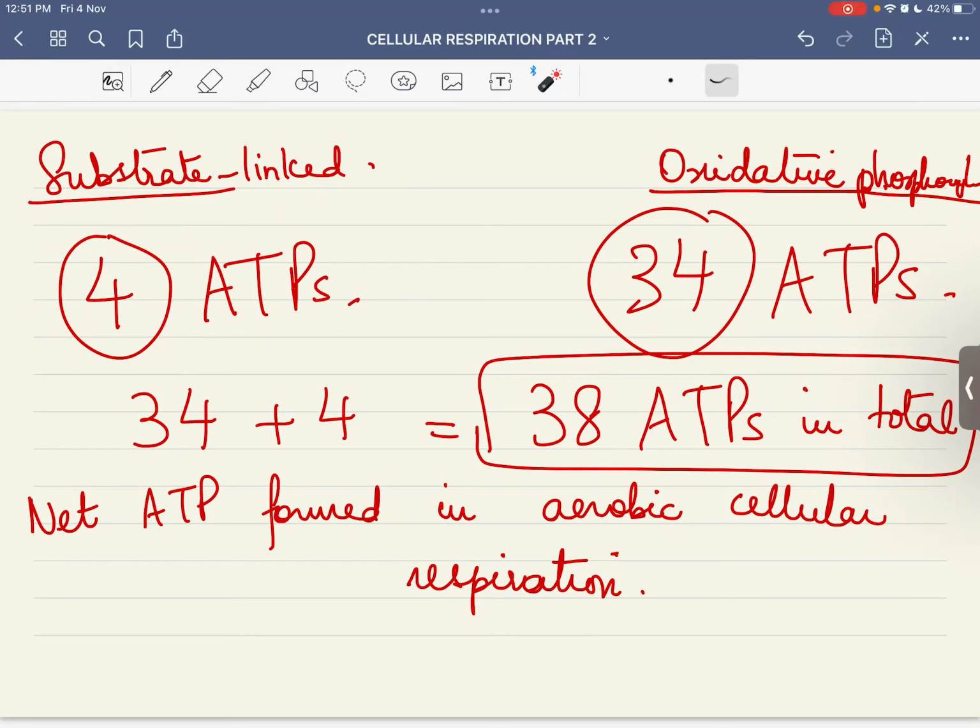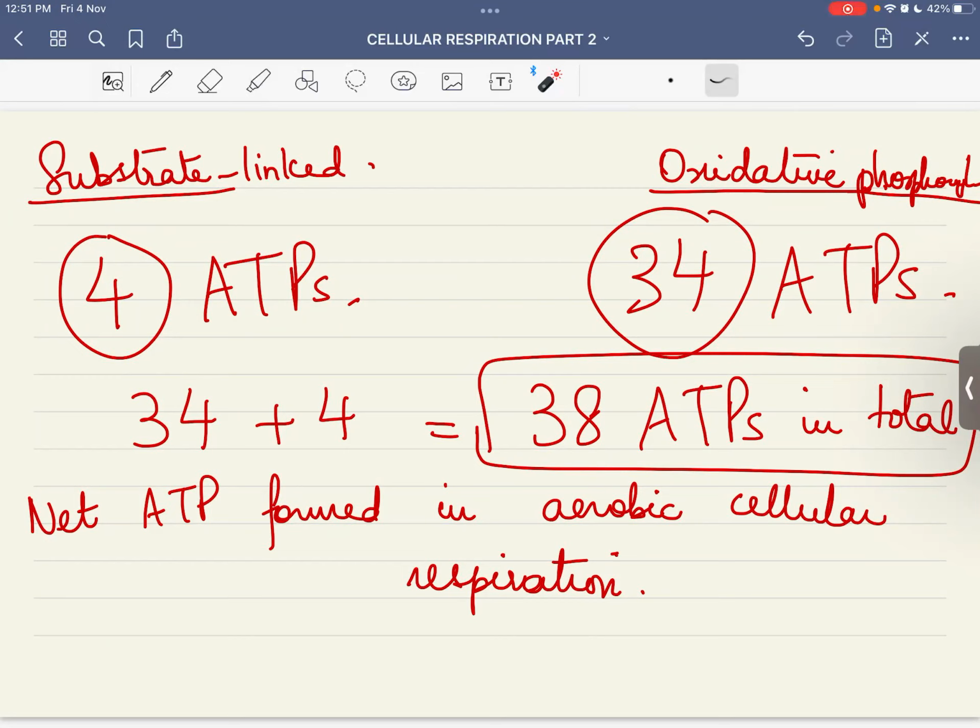All the ATPs that I got from reduced NAD or reduced FAD are considered to be ATPs which come from oxidative phosphorylation. इसको हम oxidative इसलिए कहते हैं कि अभी आगे जाके oxidation reduction reactions होने वाले हैं बहुत सारे. अभी हम क्या करेंगे कि इन NADs और FADs को use करेंगे for oxidation and reduction reactions on the cristae